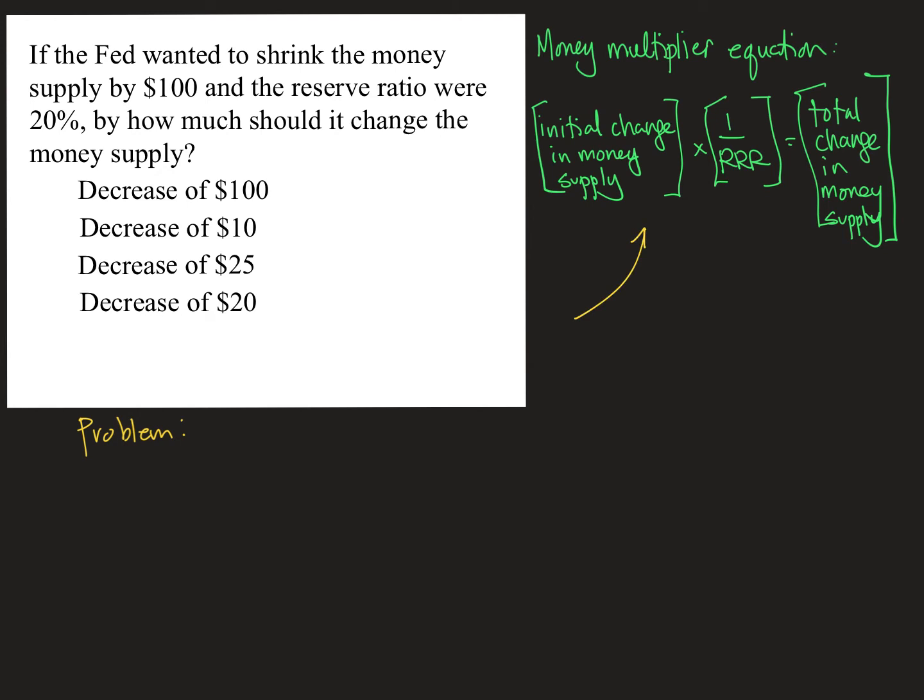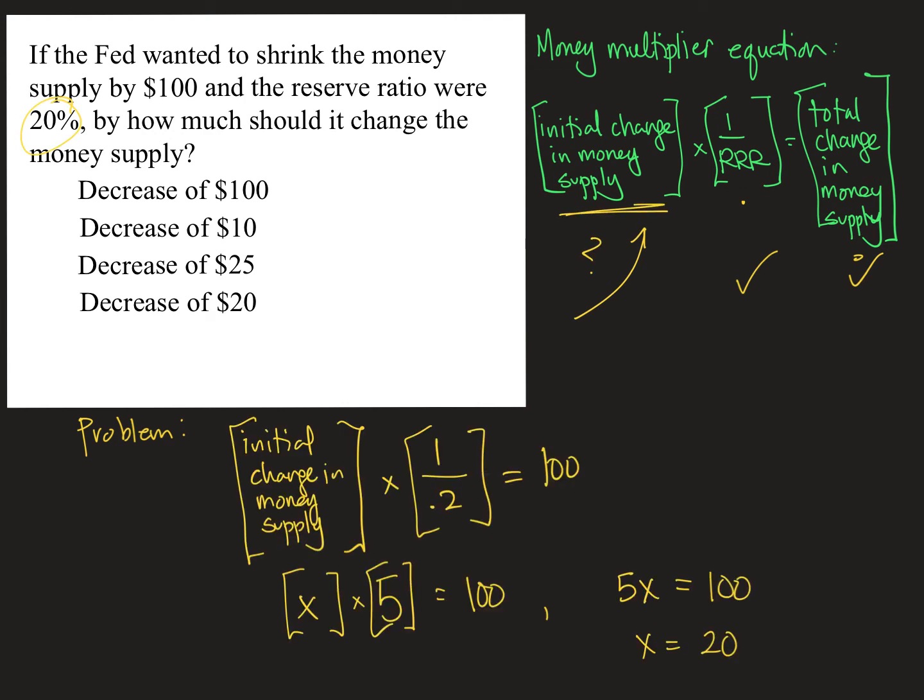So once you've got the money multiplier equation set up, it's always the same. You take your initial change times the money multiplier, and that gives you the total change in money supply. We just plug in what we know. So in this case, we know this, and we know this, or can figure it out from the information given in the problem, and we don't know this. So we keep this as a question mark,